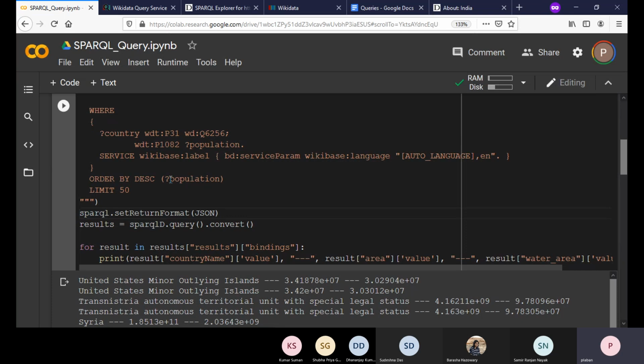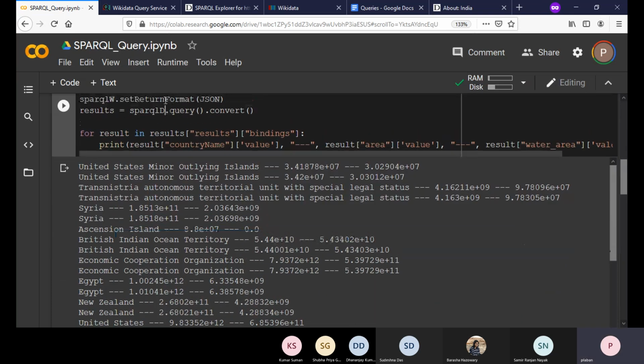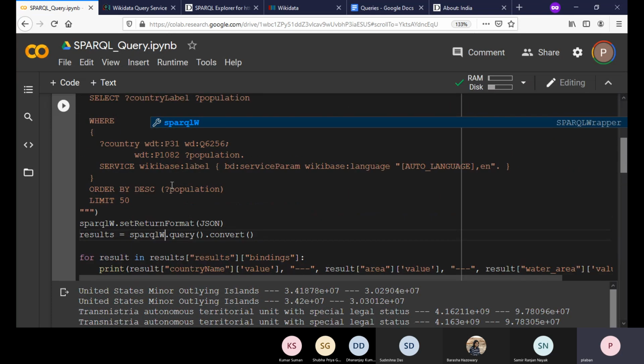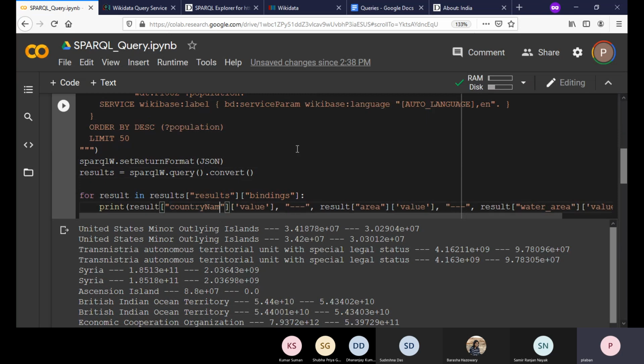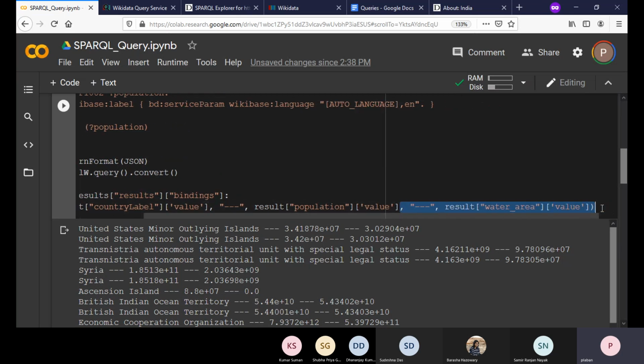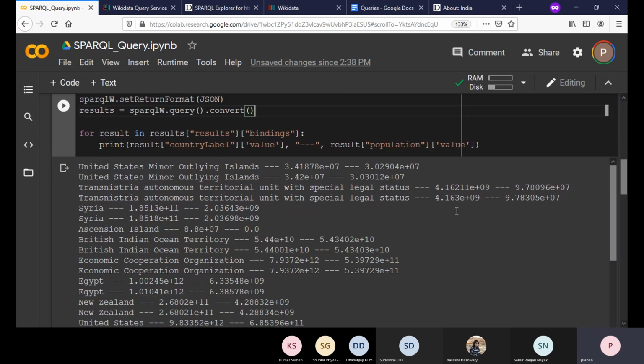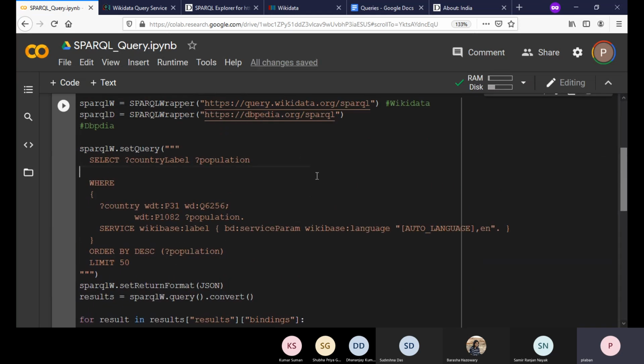So this will be W, and this will also be W, and we need to change here also because our variables have changed. So we have got countryLabel, and the population. So you have got population here, right? I do not have anything else, so we just have to strip this off, right? So I guess we are good to go. Now if we try to execute this, let us see what will happen.